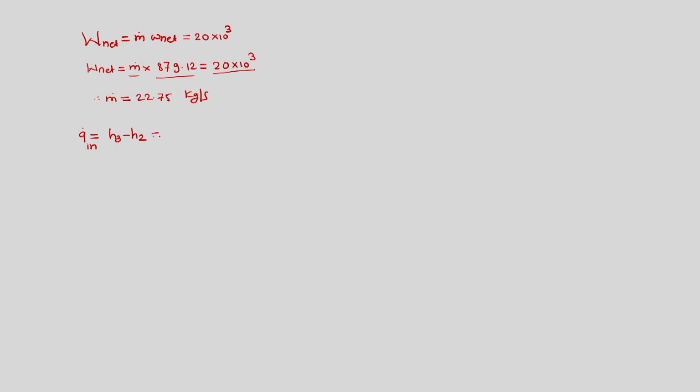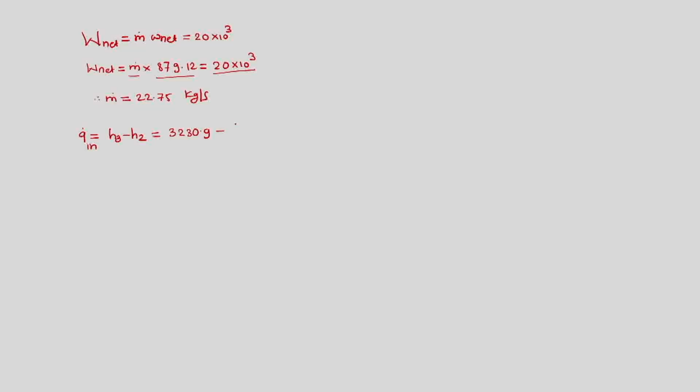So H3 we have known to it as 3230.9. H2 is H1 plus pump work. So H1 can be found out corresponding to the liquid saturation enthalpy at 10 kilopascal condenser condition. We have found out the pump work. We need to add that and then get H2. So H2 turns out to be